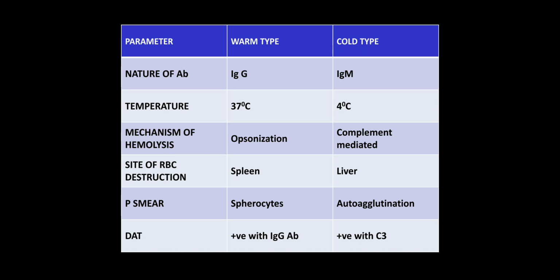Okay, complement byproduct. So in cold antibodies, I showed you that this lysis is because a complement is there binding onto the RBCs till the liver. Till it reaches the liver, this complement is there, but the antibody is getting detached. So there is no role of antibody which causes lysis. Okay, so here only if you add this C3, that is anti C3 antibodies, you will get this positive direct Coombs test.